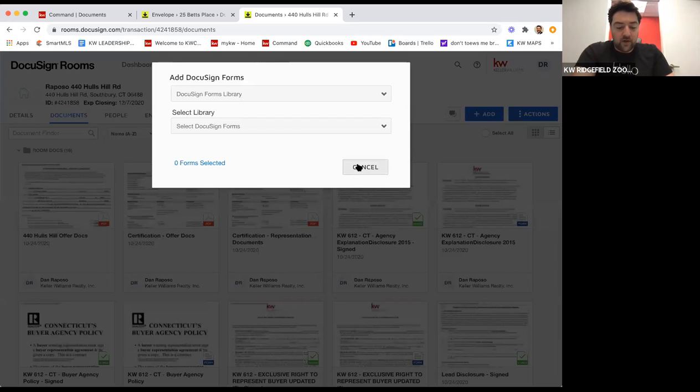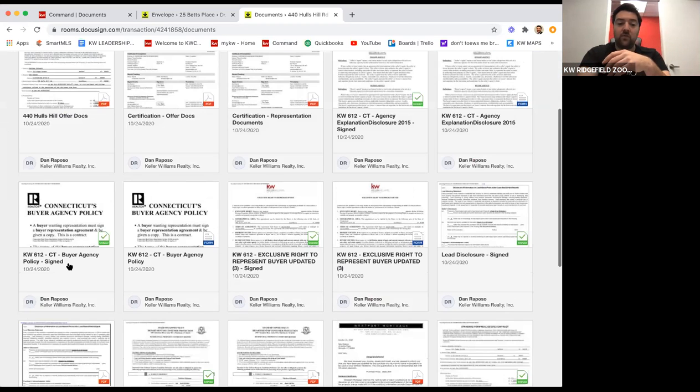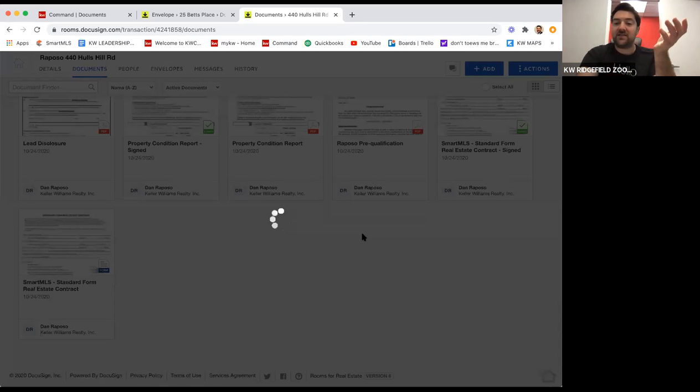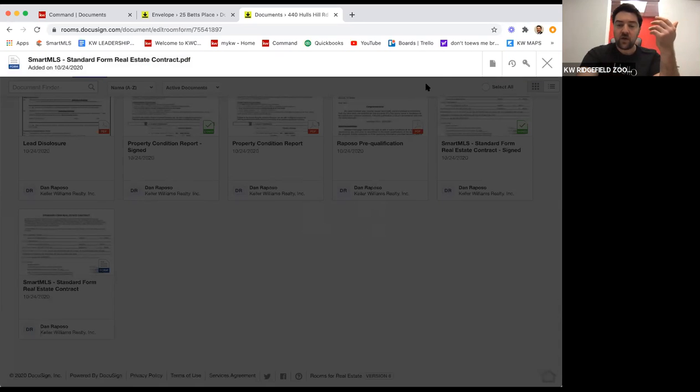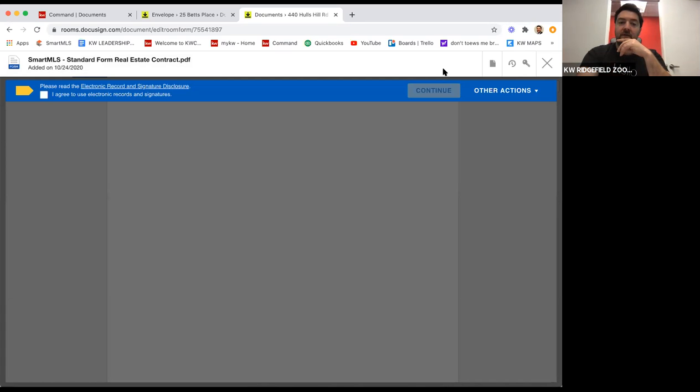All right. Now, Chelsea, DocuSign versus Command. DocuSign is really only something you're going to use when you actually want to fill out the forms and send them, or fill out the forms and then print them, or send them for signatures. Because any of these forms, once I've filled them out, like this real estate contract, even though it's not signed, if I wanted to fill it out and then print it,